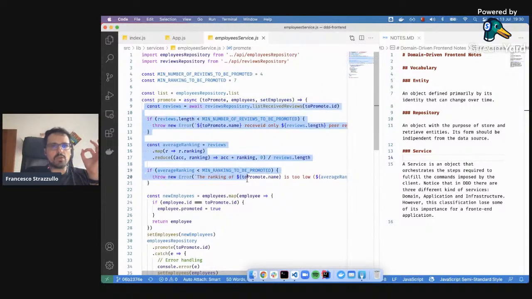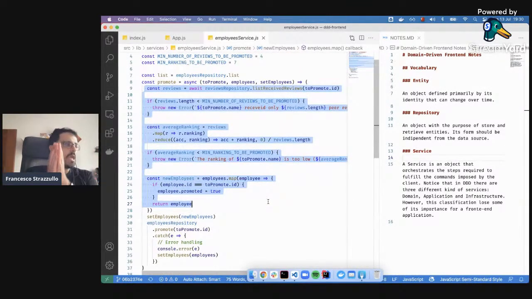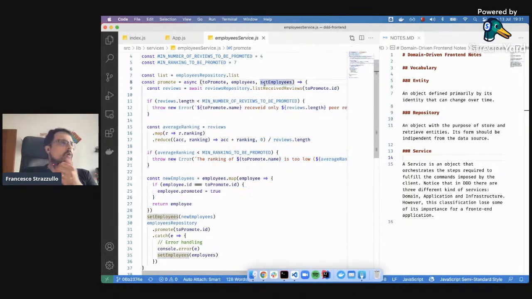As you can see, this code is completely identical to the previous version, but I put it in a different file outside of the UI. And this is quite good because I can test it unitarily without using React to test my code. There is something that is quite strange that we will solve later. We need the callback from React in order to pass information between my services and React. This is not ideal because the service